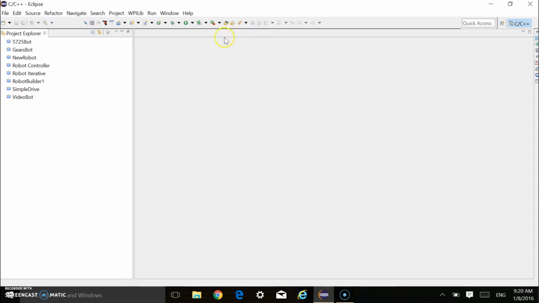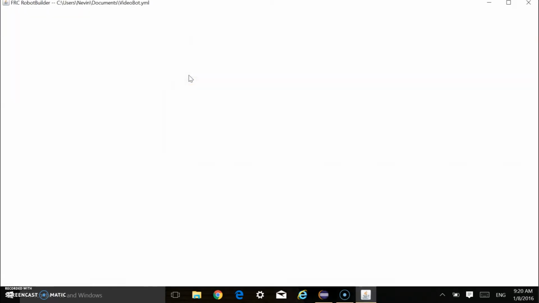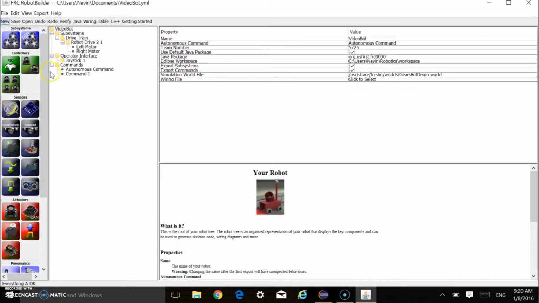So first thing you're going to do once you're in Eclipse here, you actually want to do most of what we want to do in terms of our setup within Robot Builder. So you just click on this little red icon right here. It's going to open up Robot Builder. Now you can see I have a project open already, but I'm just going to go File,